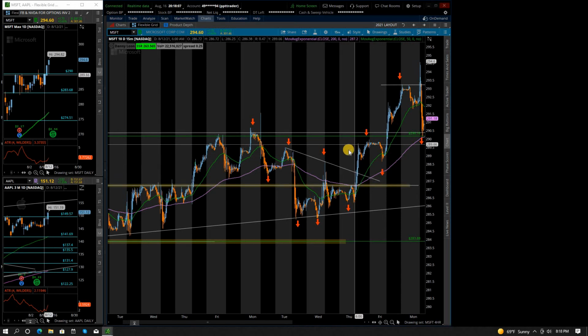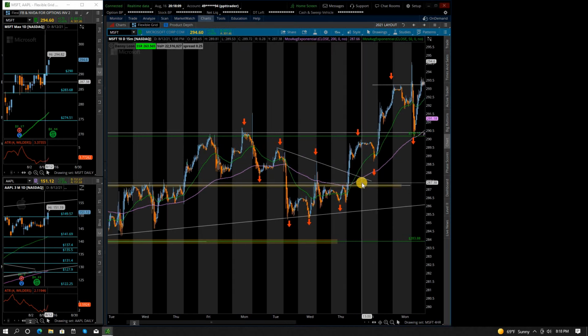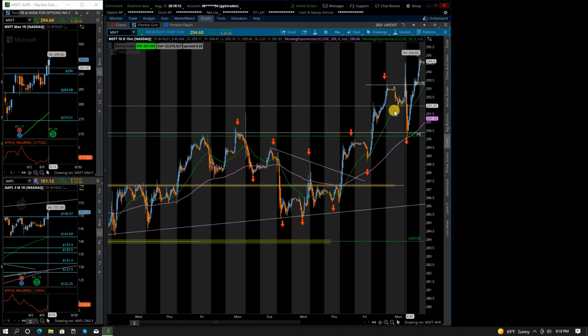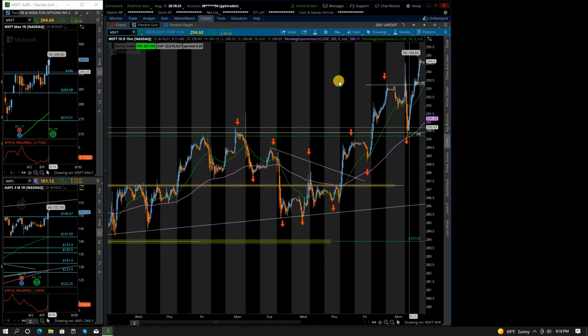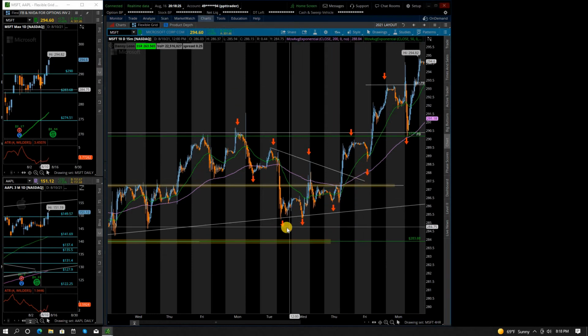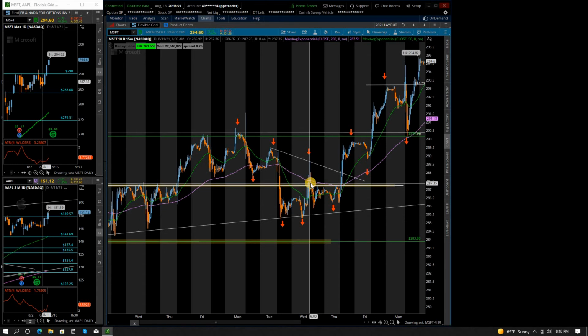So I'm going to show the trade that I took today, and then on Thursday last week. On Thursday, like I said, I saw a double bottom here. It pushed up. I took a long here, but it was a small trade, I think, and it didn't work out. It kind of held above this level here, and then it came down, consolidated, came back